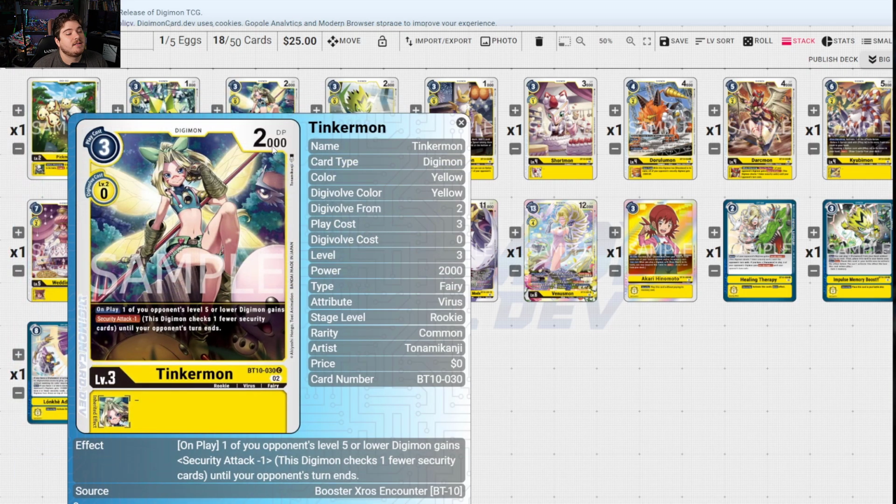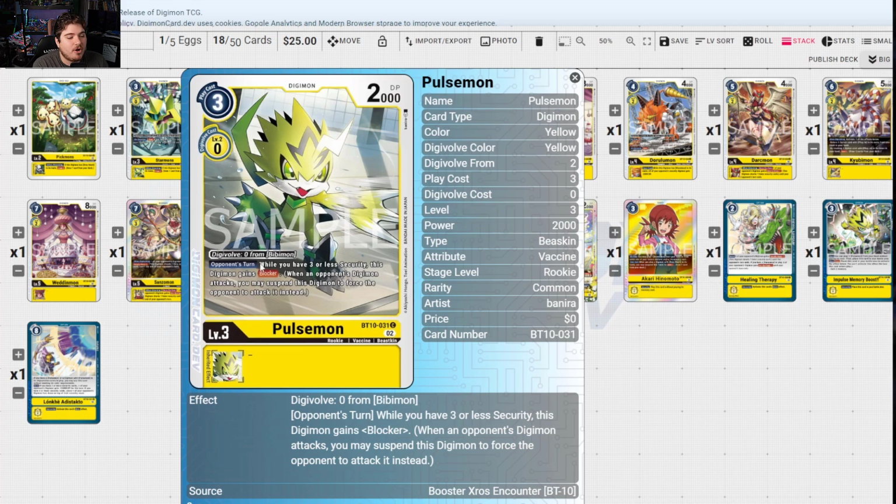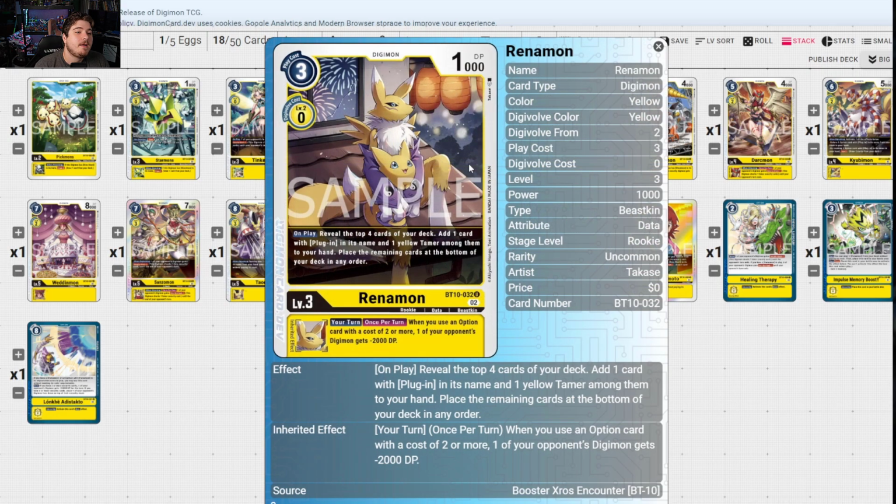Not bad. Tinkermon isn't really seeing play. On play, one of your opponent's level 5 or lower Digimon gets security -1 until the end of the next turn. Nothing too crazy here. Peter Tinkle is not coming back, sadly. Then we have Pulsemon here. Opponent's turn, while you have 3 or less security, this Digimon gains blocker. And then Bibimon,